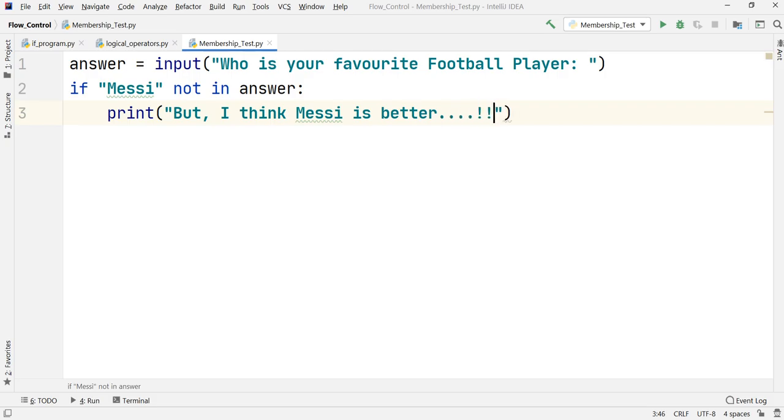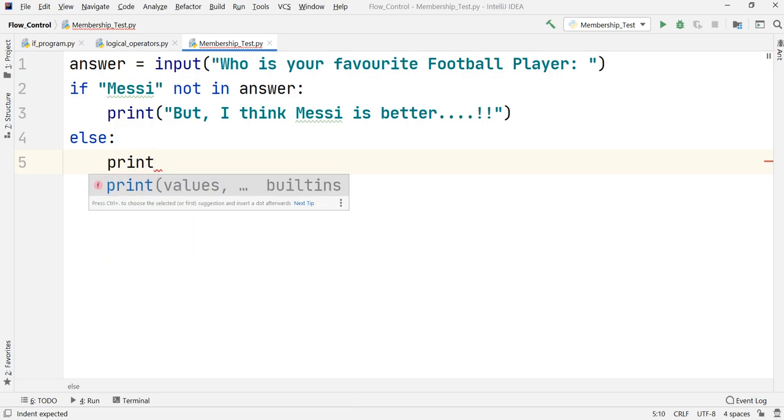Okay, so what I'm doing is I am asking my friend to put who is his favorite football player, and because I'm a fan of Messi, I'm checking if Messi is not in the answer, I will print, "But I think Messi is better." And else means that Messi would be there inside the answer. If it is the case, I would print